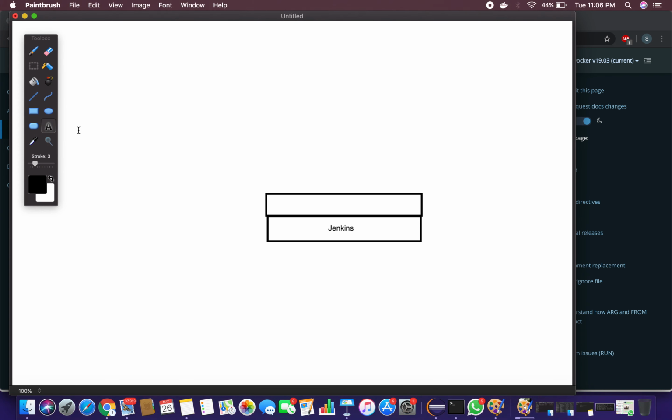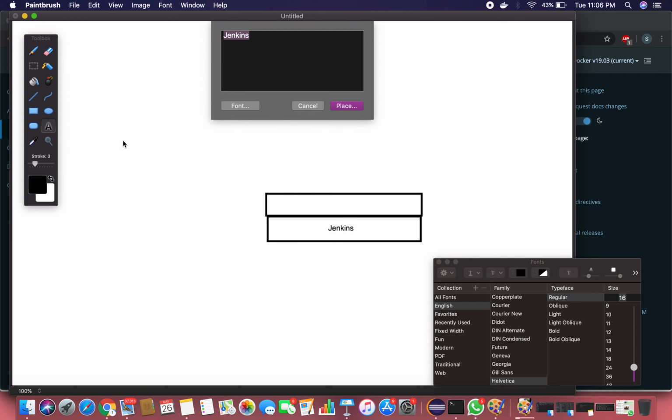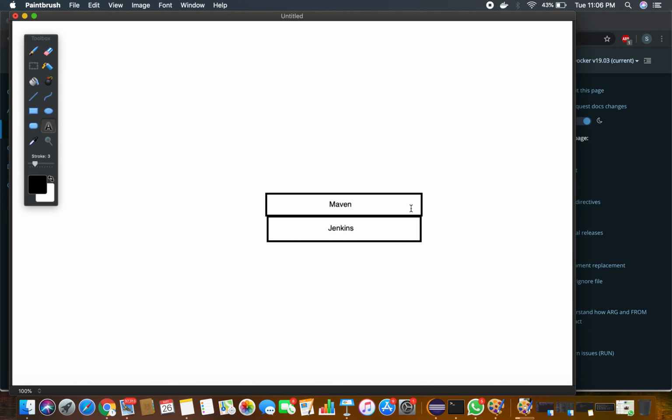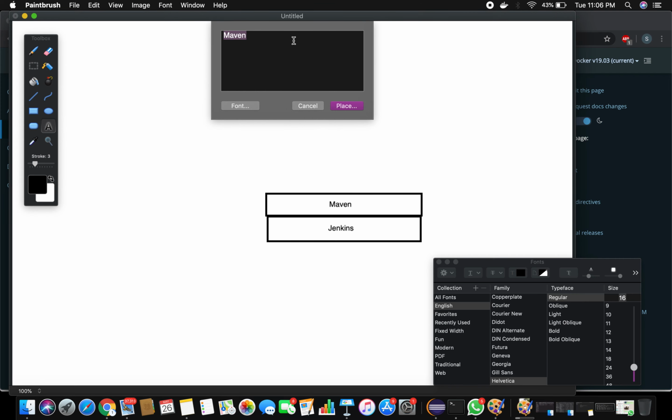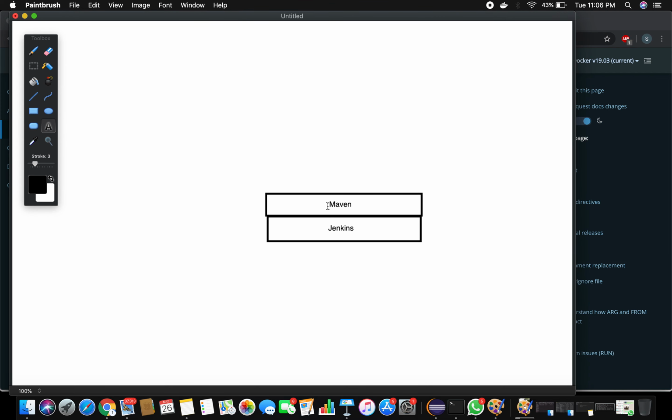On top of that, I'm going to install some software, let's assume some software called Maven. This is our base image, and on top of that I'm going to create another layer for Maven, and together it creates a new image. So Jenkins is our base image. On top of that, you are creating another layer for Maven and it becomes a new image.